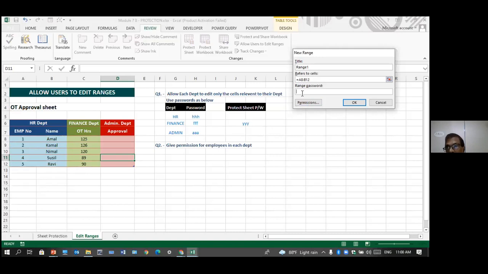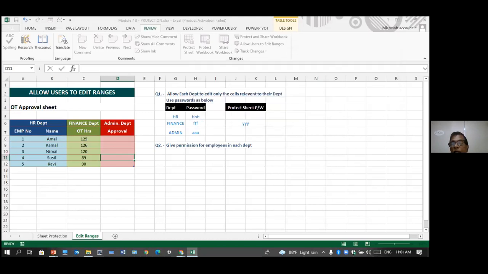But in your office, when you're doing it, better do that without giving a password, or you can give both. So that you don't have to remember the password. When you log in, if you're assigned that, you can straight away log into that. So I'll show you both. If I'm working on one of your computers, then I can do it, but here we can't do it. Let's do the password first. So for this one, I'm going to put a password called HHH and say okay.